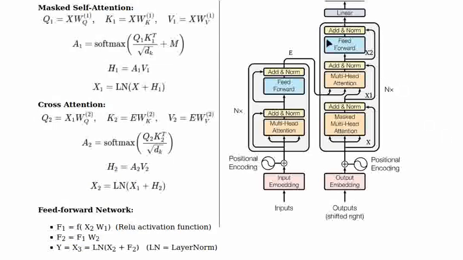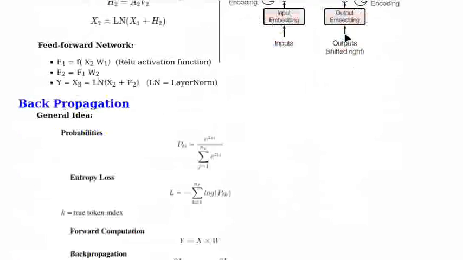And so F1 is given by this, F2 is given by this, and then the final output is the layer norm of the sum of X2 and F2. F2 is the output from here. Okay. So we start from here,